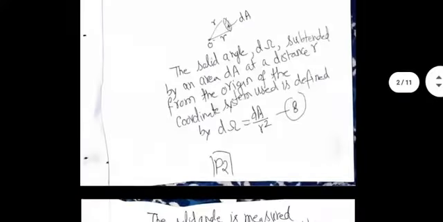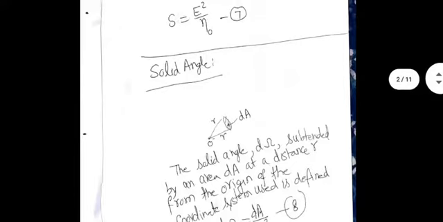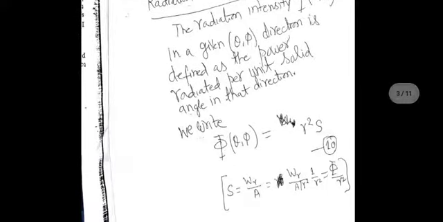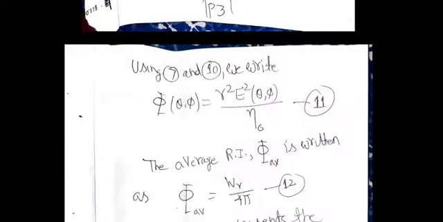And we already know that Poynting vector is E squared divided by eta naught. And radiation intensity is r squared into Poynting vector. So putting that together and showing explicitly the theta, phi dependence, I write the radiation intensity as equation 11. I know it's a bit boring, but let's go through it. This is the radiation intensity in any theta, phi direction. It can be calculated based on the E value known and the distance at which you are doing it.